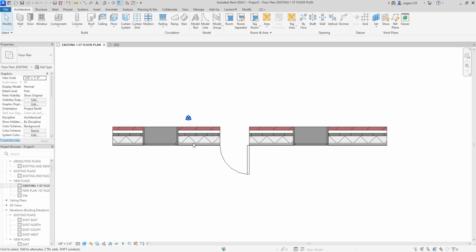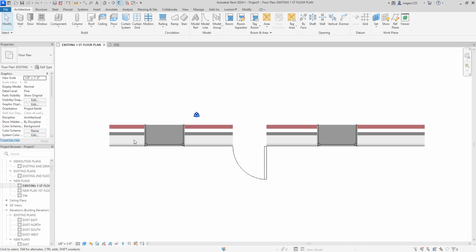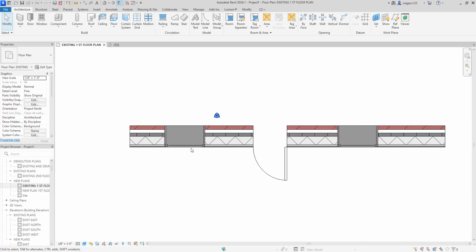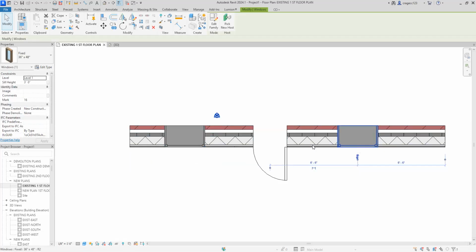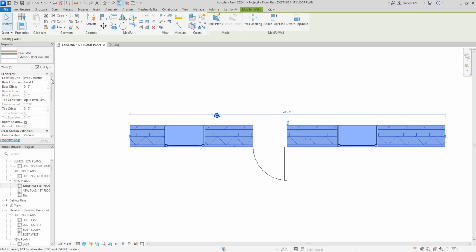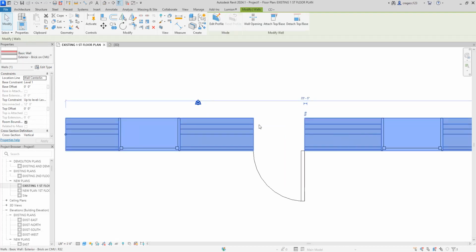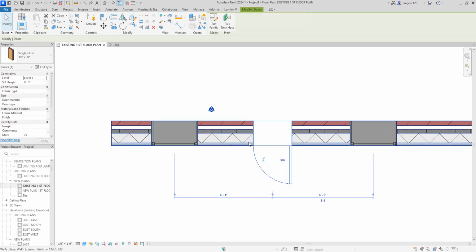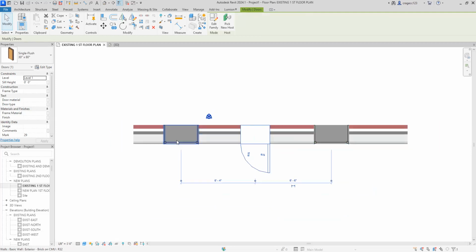Today we're going to show you how to wrap the wall. We have a wall here with a couple of windows, the inserts, and the door. The wall is a brick wall from the outside with a CMU core. So if you want to wrap this wall,